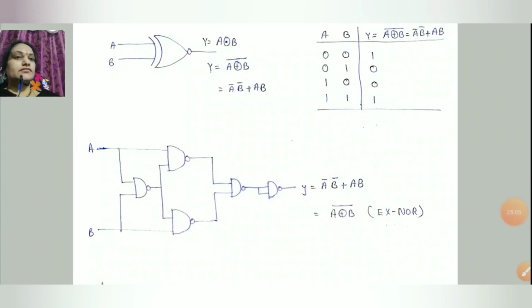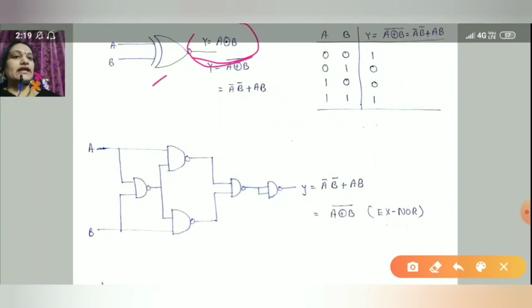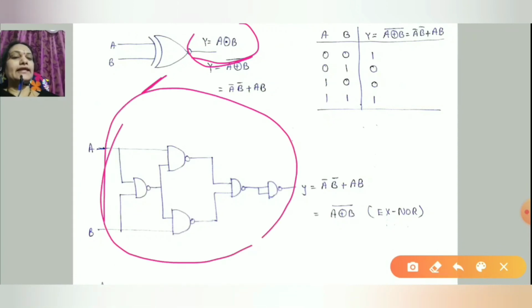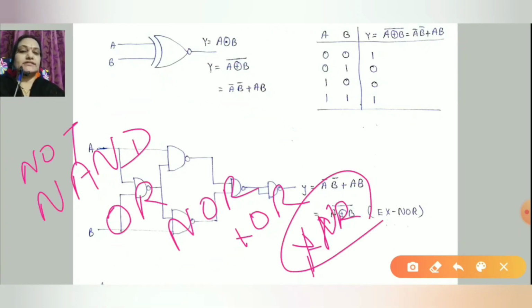Once again, here we got the expression A XNOR B without using the XNOR gate. Okay. And we have used only NAND gates. Only NAND gates. Universal gate. Universal means that belongs to everybody. So by using this NAND gate, we have satisfied all the functions of other logic gates. Okay. That is why this NAND gate is called as universal gate.